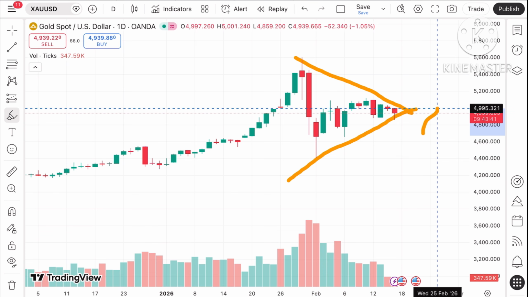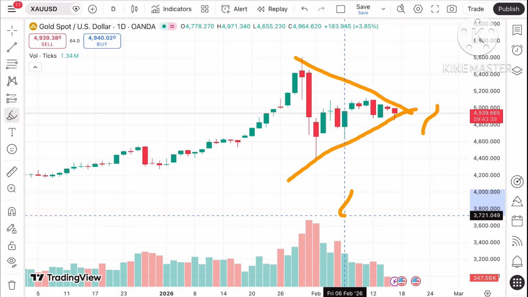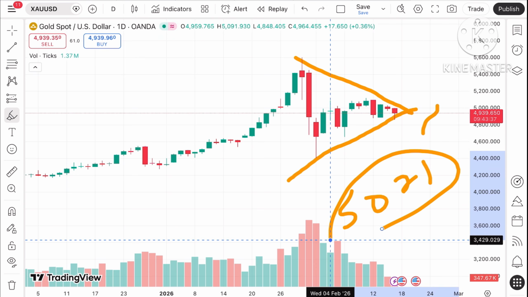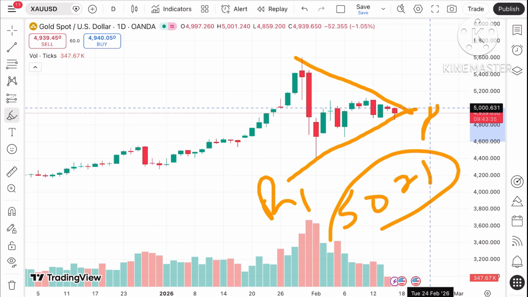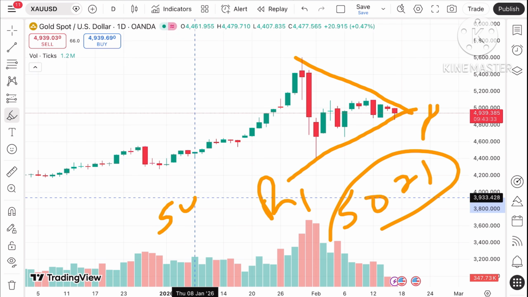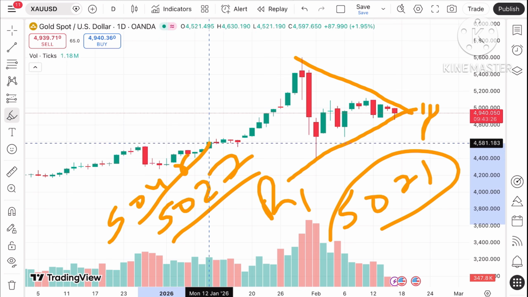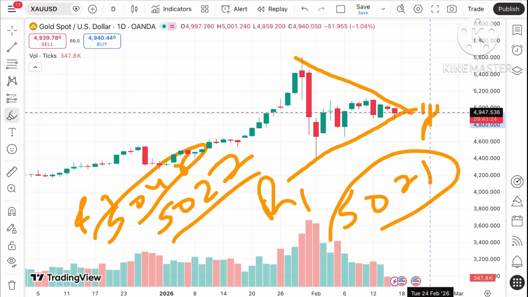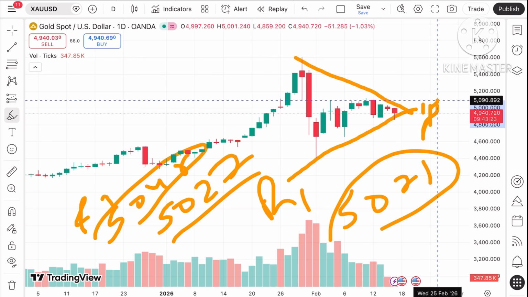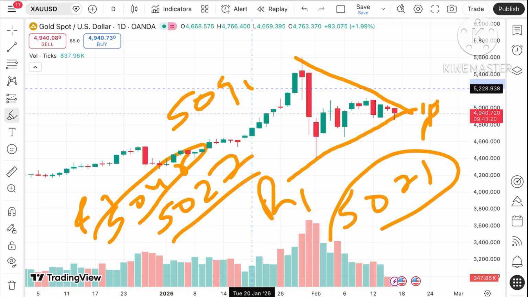Suppose if the price starts sustaining this level, we can see it can move towards $50.21. That is resistance one. And if the price moves above that level, we can see a level of $50.27. Or suppose if the price starts going higher, we can see a level of $50.48, which is resistance 3. And if the price moves above that particular level, chance of crossing a level of 50.90 can be seen,